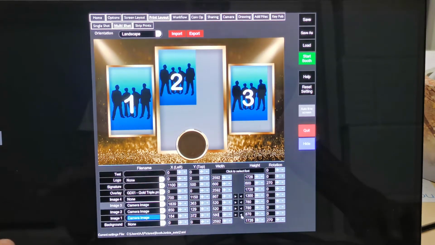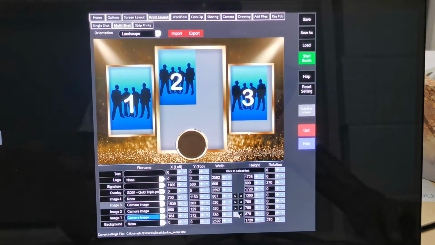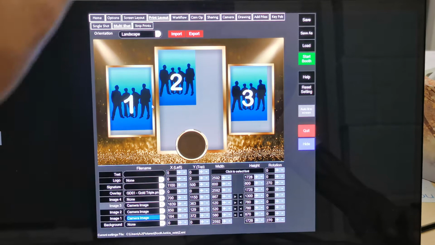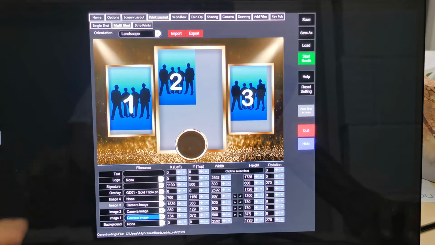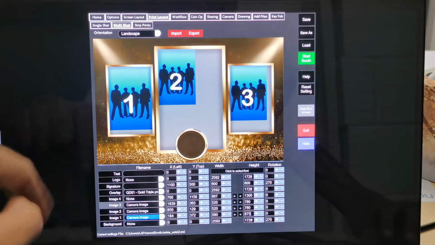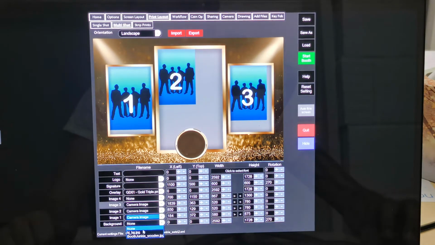But as I say, with these buttons here, you wouldn't normally need to use any of those. Unfortunately, you can't stretch them, but you can just keep on using the up and down buttons on the box until you find a size which fits it. So I'll put the right size in, but it still looks a little bit too short to me. You can see the grey bar here. What I like to do is sometimes